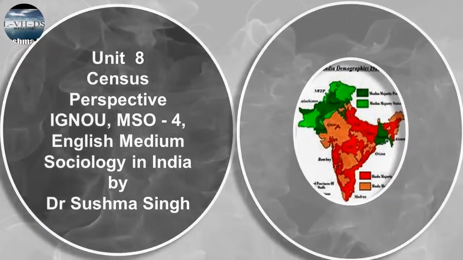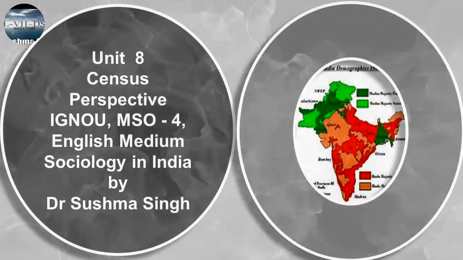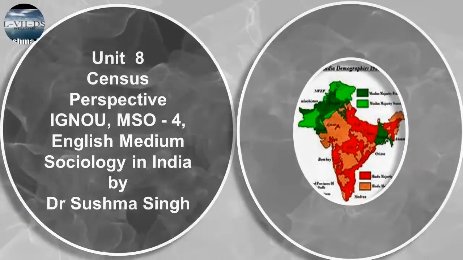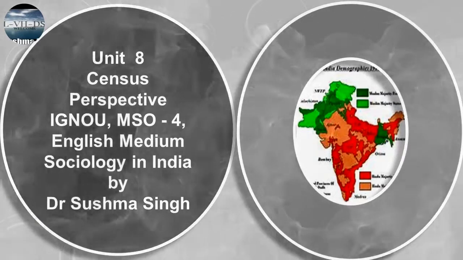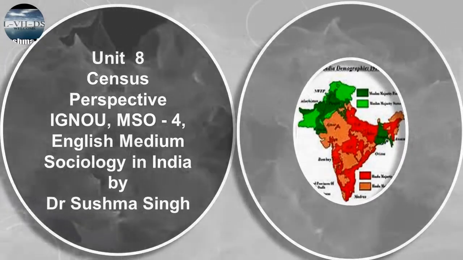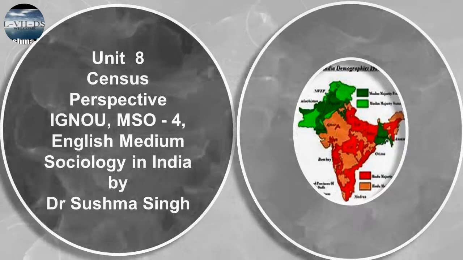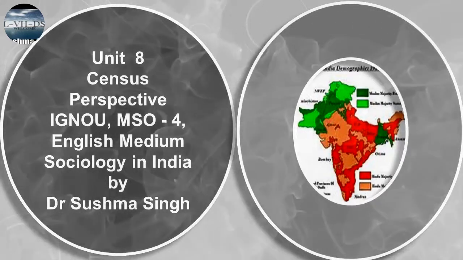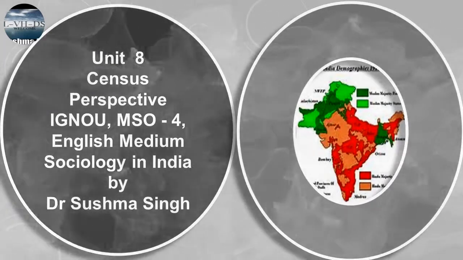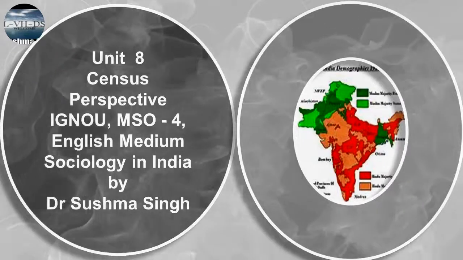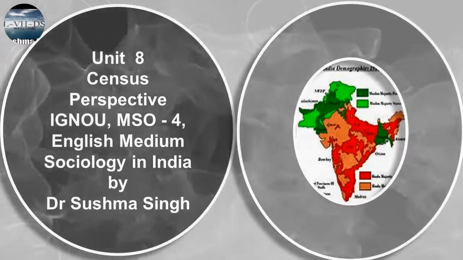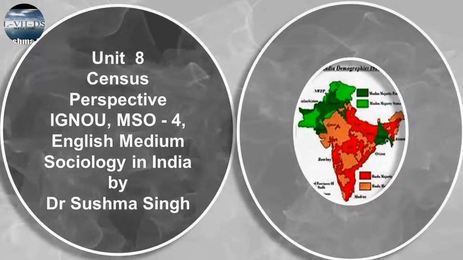In the run-up to the 2001 census, there was a fresh debate over whether a person's caste should be recorded in the census. One view was that it was necessary to include caste so that the economic and social status of each caste could be measured, while the other view was that it would be difficult to identify caste and such enumeration would unnecessarily enhance casteism. Eventually, it was decided not to include caste in the census.